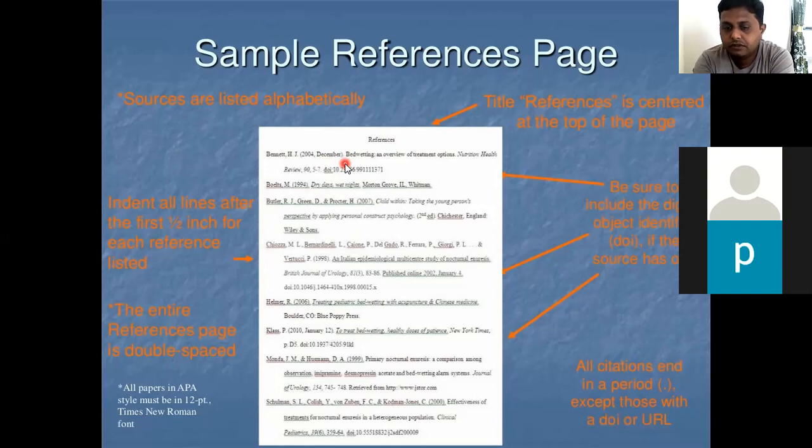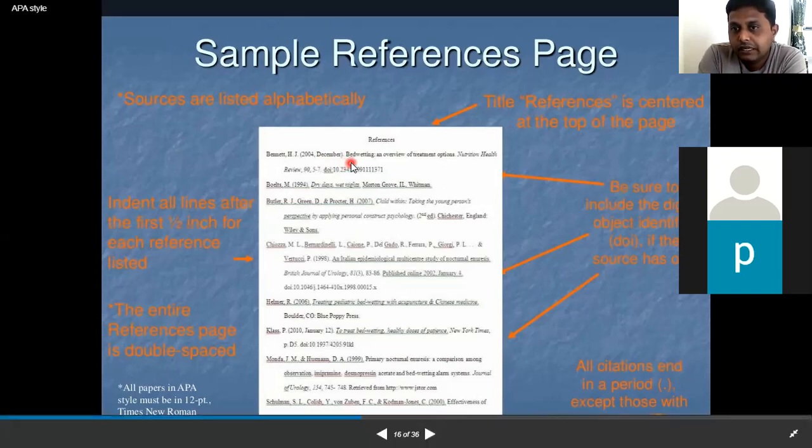Okay, the full stop seems to be a very minor thing, but as far as the works cited list or references, let's say the technicality, is concerned, this full stop is also a very important thing as far as citation style is concerned. And then comes the name of the book. See, this is the name. And let me tell you, this is the journal's name, the article. And this is the name of the journal, Nutrition Health Review.